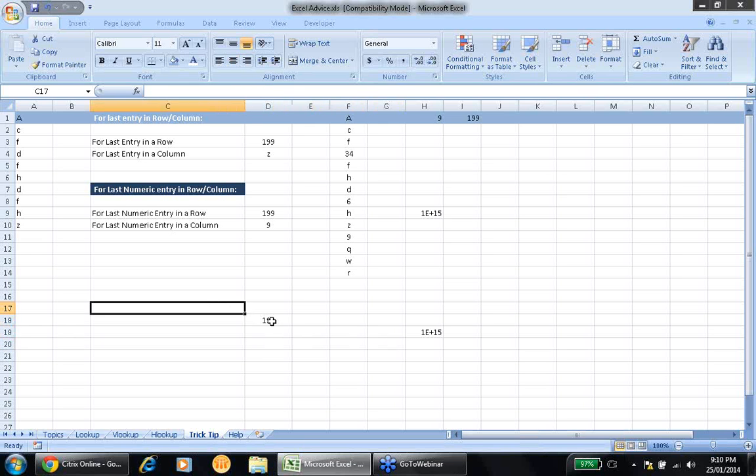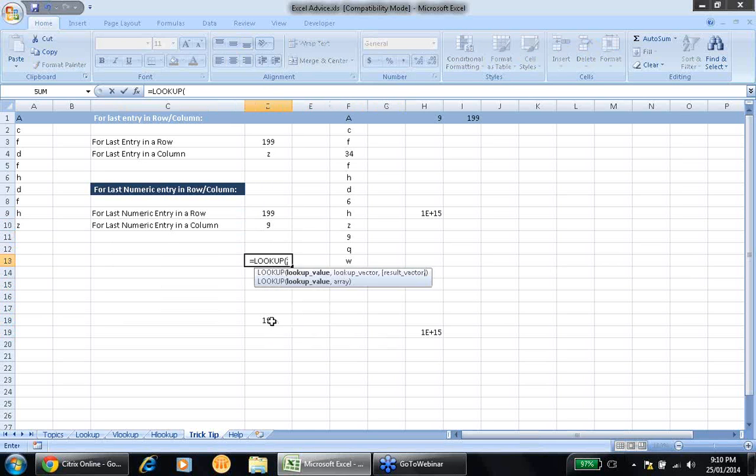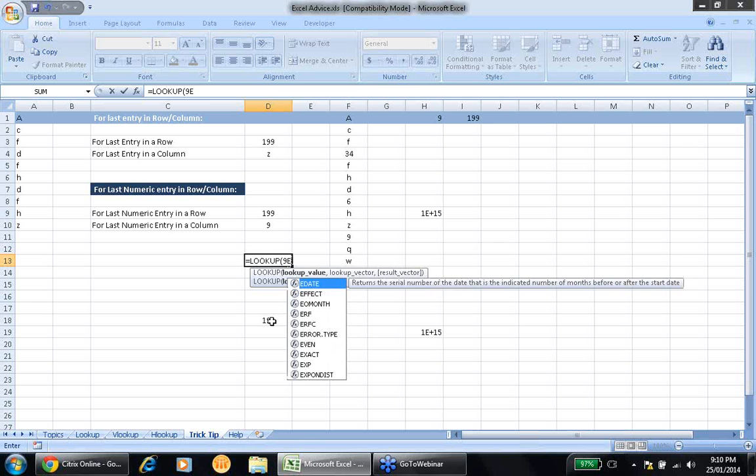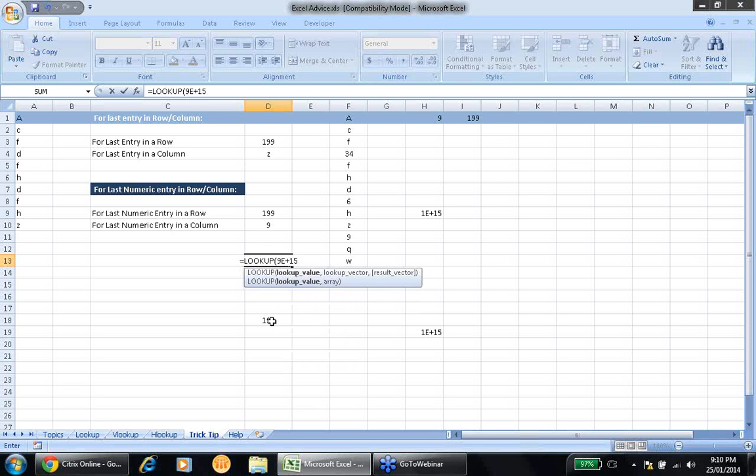So that is the main cause I'm using this one. Instead of typing 14 times 9, you can use the function lookup 9E plus 15, comma,